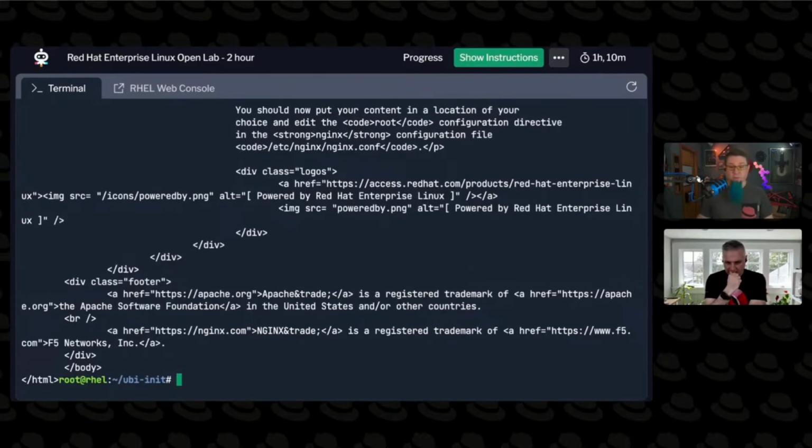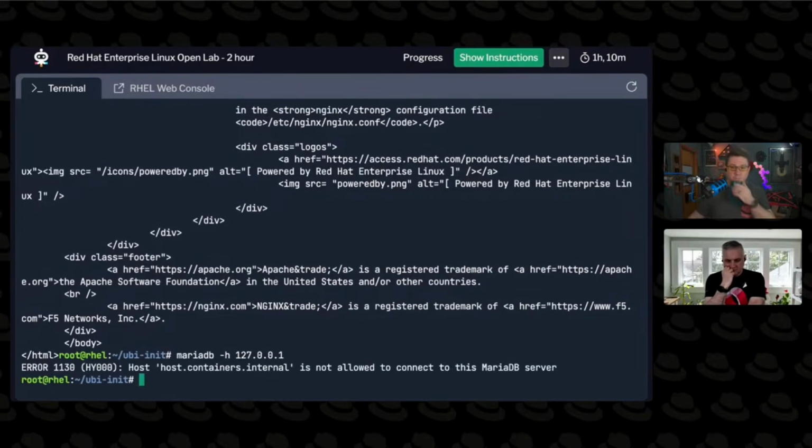But the cool thing here is that if I do a mariadb -h, now remember, I didn't do anything with MariaDB. It has a basic config. There's no authentication set up. So it's going to reject me. You're going to see a rejection from MariaDB, which is the important thing here. Instead of saying it couldn't connect to the host, it's saying that it's not allowed to connect, which